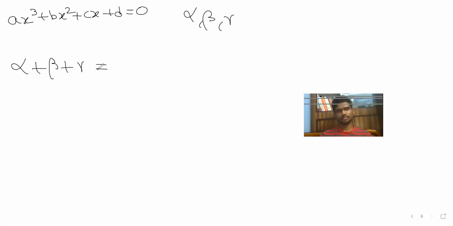As I told before, it starts with sum, next, and ends with product. First is this: alpha plus beta plus gamma. I told, negative of the coefficient of 1 power less than the degree, right? Here, what is the degree over here?